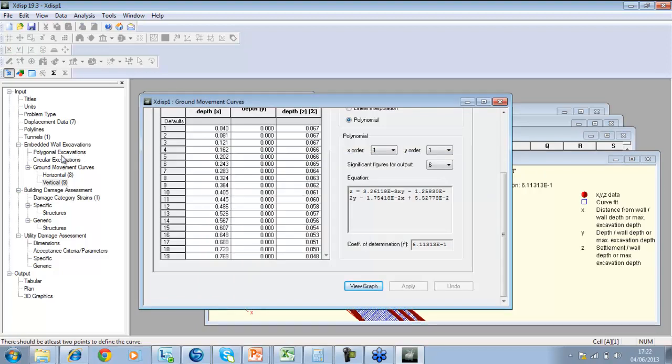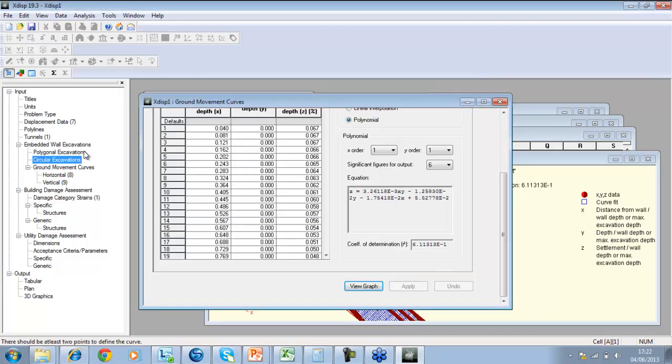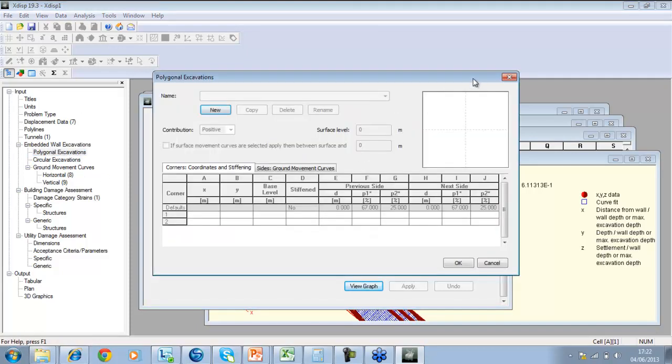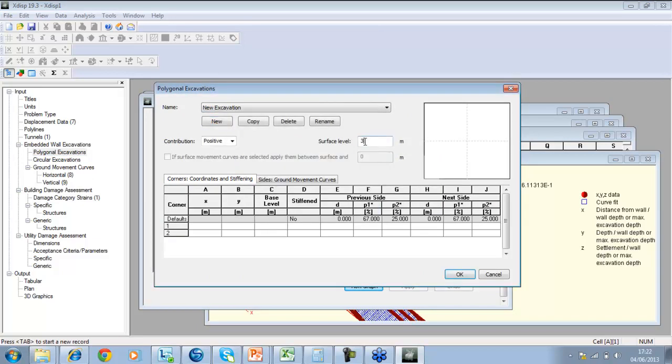So now we've got our curves. We can go into excavation. I could put a shaft in if I wanted to, but I'm actually going to go here for a polygonal excavation. So I'm going to New Excavation. Okay, the surface level for me is 100 meters OD, and I'm just going to put the points in